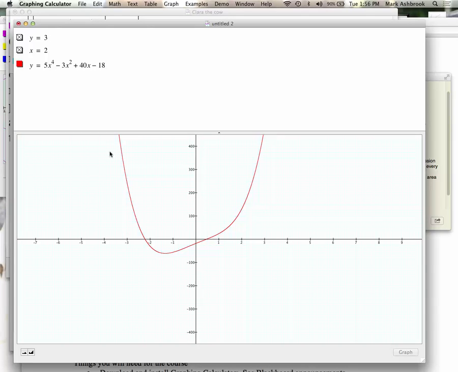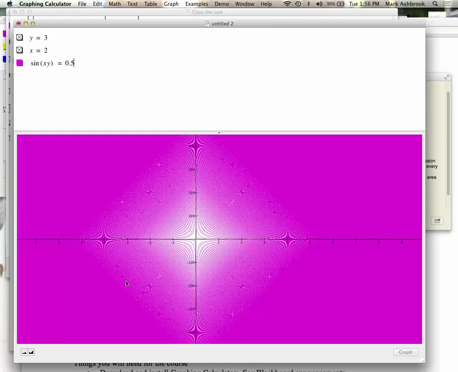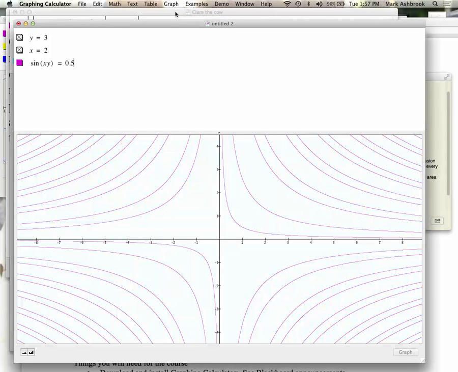Okay, so on the first, did I show you, I'm going to just take this out. Didn't we do sine xy equals 0.5? Well, now that looks the way it does because of the way I'm zoomed. So I'm going to go back to graph here, reset graph. I like the other one more. Yeah, go back to that one. And so I kind of use this example as maybe more of a negative example of a visual, just showing you something.